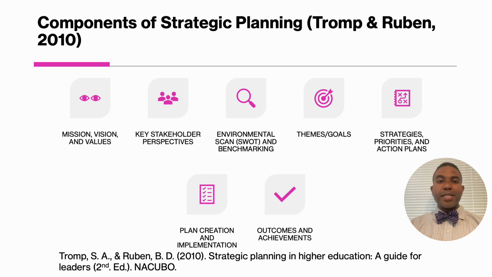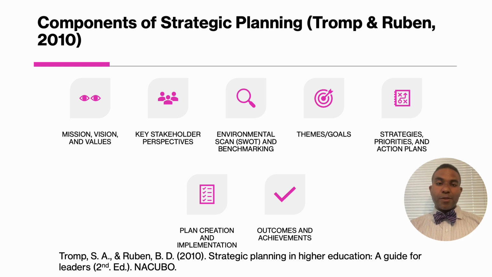Where do you want to see yourself in a few years? That's a little more specific than a vision. Vision is kind of like, well, we want to be the best university in the state of Texas. But how you're going to get there are your goals, right? So you're going to focus on certain themes, certain priorities. And then you have strategies, priorities, action plans that take you toward those goals, okay?